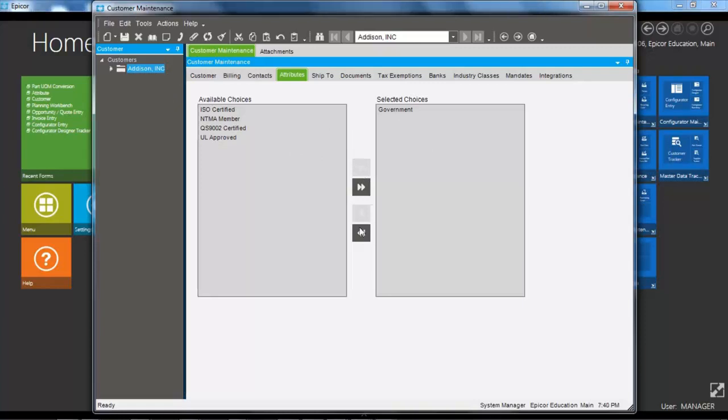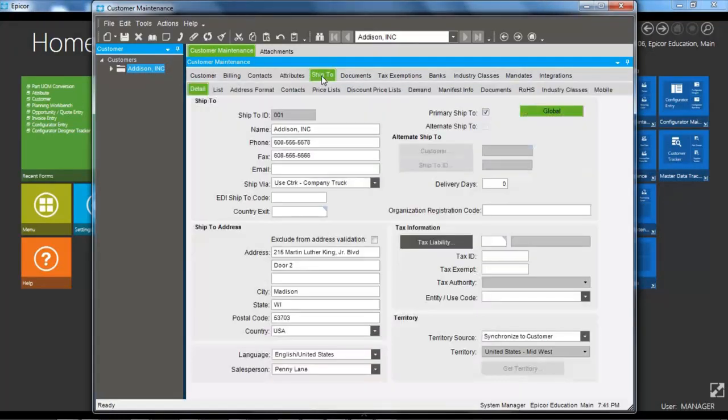And lastly, we move over to the Ship To tab. This is where you can hold one or more customer locations where order shipments can be sent to, and on here we have a lot of the same structure as the base customer record. We can see we have name and contact details, we have address details, and we can move across